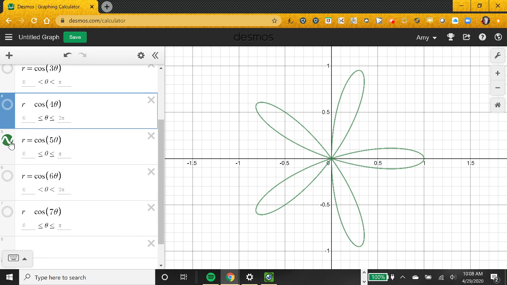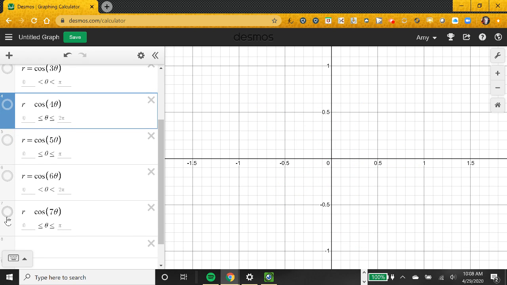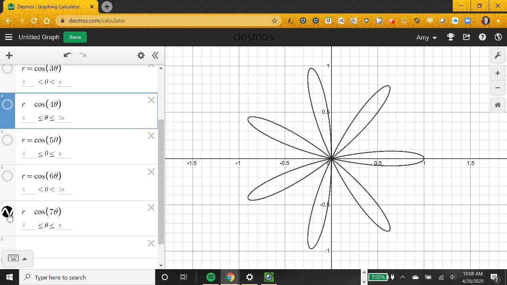So if we were predicting, how many petals would we see for a cosine of 7 theta? Oh, everybody said in unison, 7, Mrs. Muller, we should see 7. Let's see, let's count. 1, 2, 3, 4, 5, 6, 7. Absolutely, you'd see 7 petals. So it appears the pattern is, if you have an even number here,